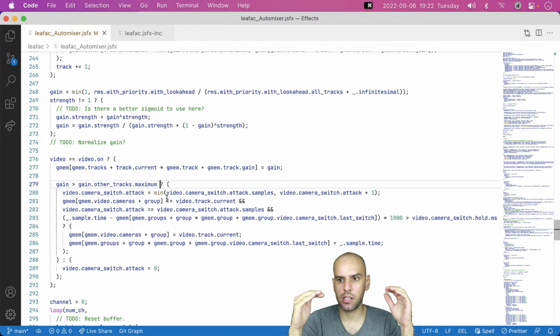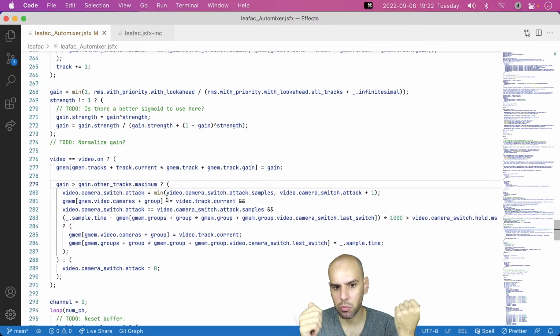And then I suppose that this will help. Haven't really tested, haven't really heard of any user complaining about this, but it's something that was already in the Automixer for video in the original implementation. It is this notion of the minimum change. So if 2 people are speaking, then we may not switch to anyone's camera right away. Is that a good thing, actually?